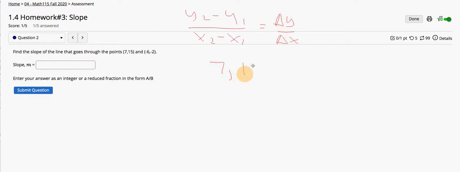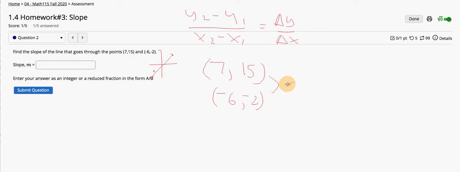7 and 15 is 1 point. The other point is negative 6, negative 2. So it's going from the first quadrant, if you think about it, to the third quadrant, because of negative, negative, positive, positive. That means it's probably going to be a positive slope. If you connect the two, you can see that that's an upward slope. We'll see what happens. To get from 15 down to negative 2, I have to go down 15 and then